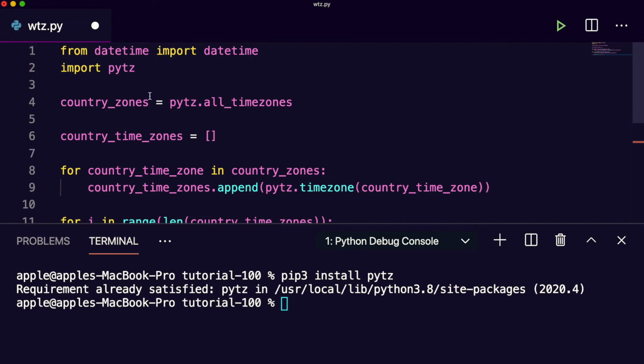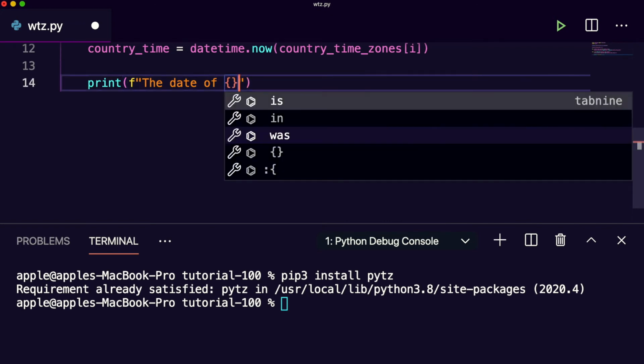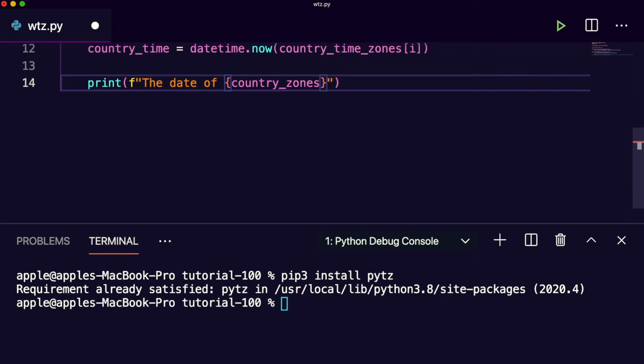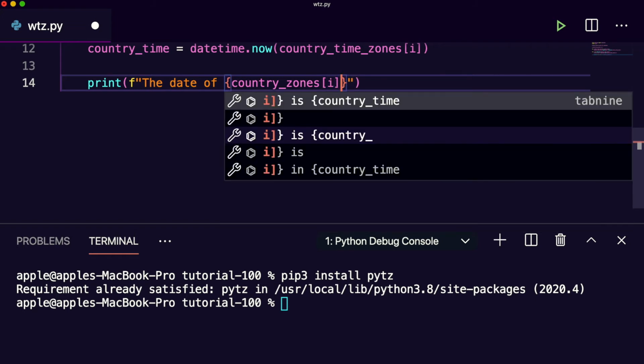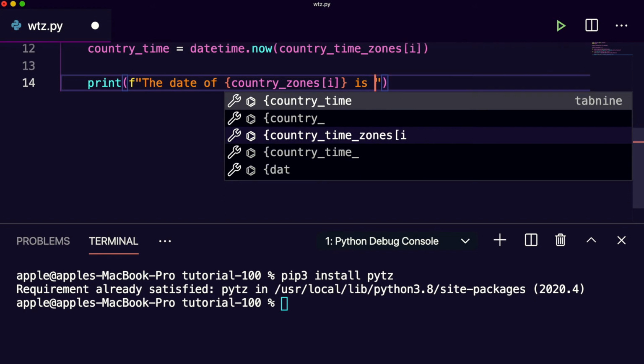So let's copy this one. Here, the date of the country zone: country_zone i. Now the date of country zone is the country time in the date format.